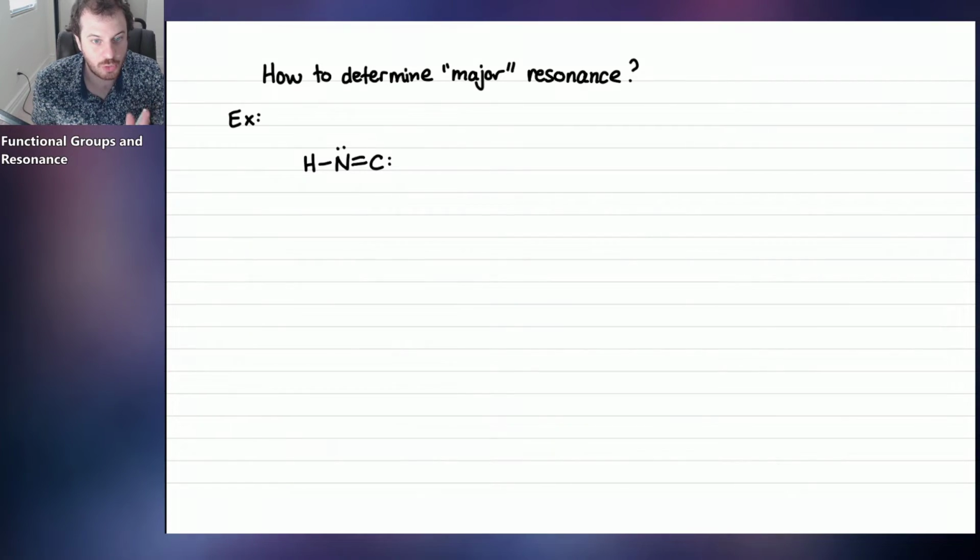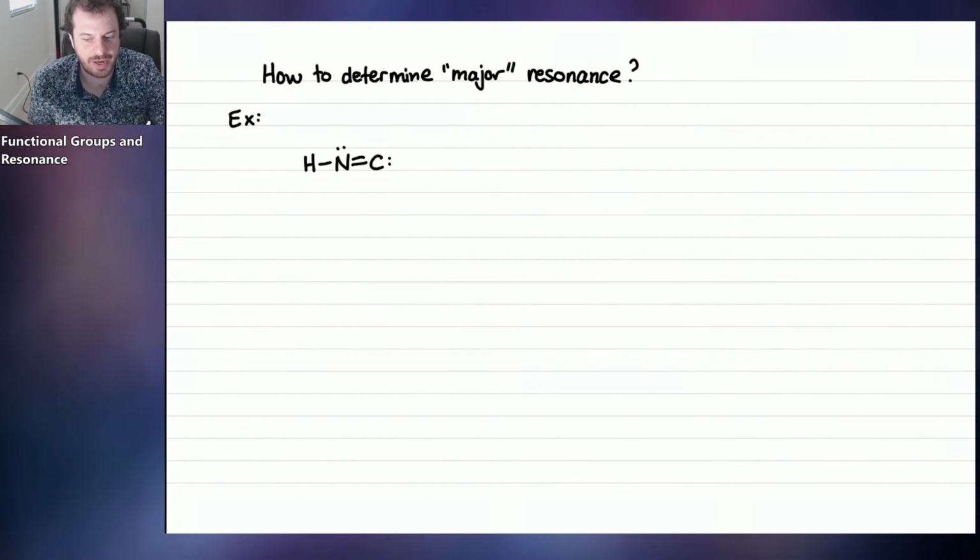Do we have a lone pair next to a pi bond? Careful. No, we do not. We do have some lone pairs, but they are not next to a pi bond. They are directly attached to a pi bond. Next to a pi bond would mean a lone pair like over here. So be careful when we talk about lone pair next to pi, that we're not talking about lone pair directly attached to an atom that's part of pi, because that's different.